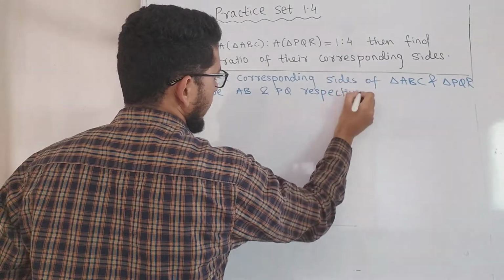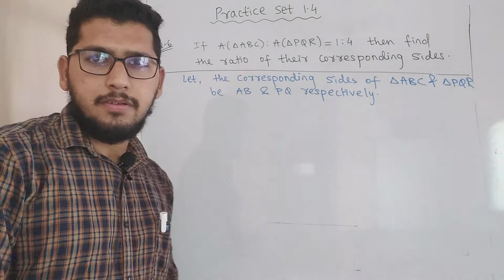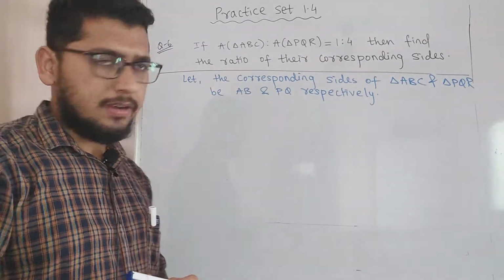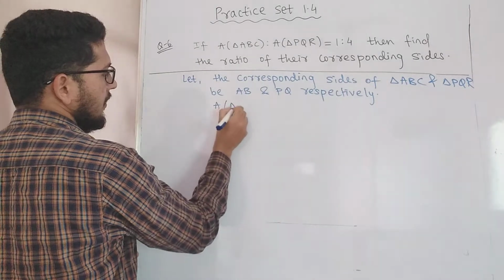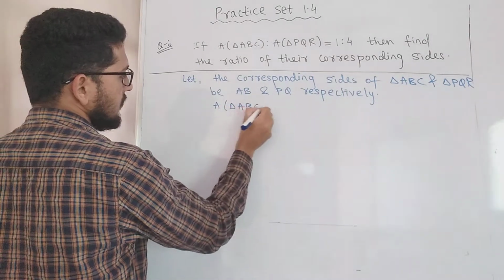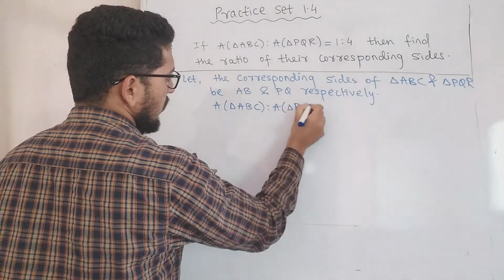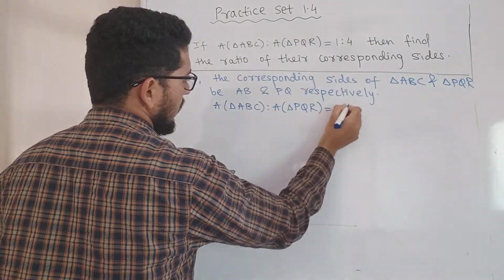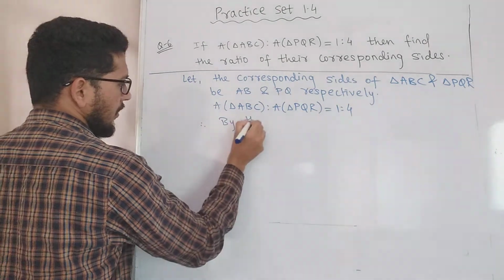After that what we'll write, then we have to use the theorem of area of similar triangle. Then what we have given here, area of triangle ABC is to area of triangle PQR is given, that is 1:4. Then we'll write, therefore by theorem of